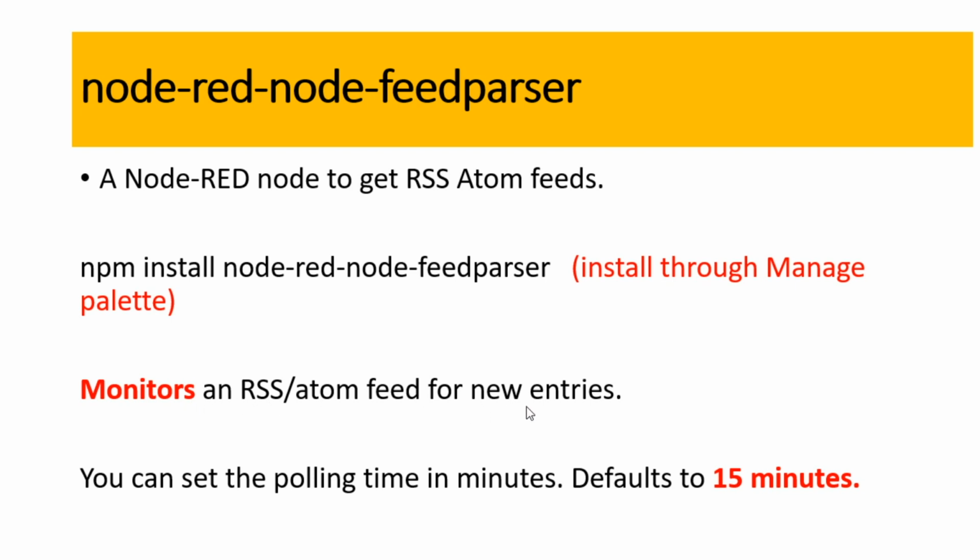It will keep checking the real-time data of a particular website, keep monitoring it, fetch it, and produce the required data. That is what we are going to do. This feed parser node contains a refresh option. The default setup is 15 minutes, so every 15 minutes it refreshes itself. It is configurable, so we can configure it as per our required time.